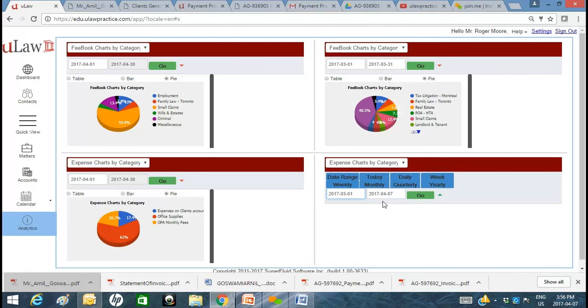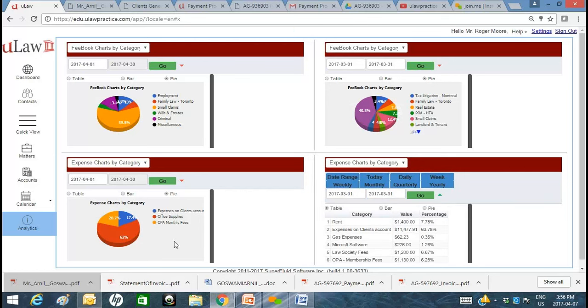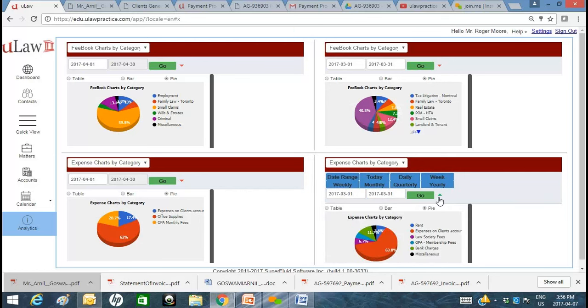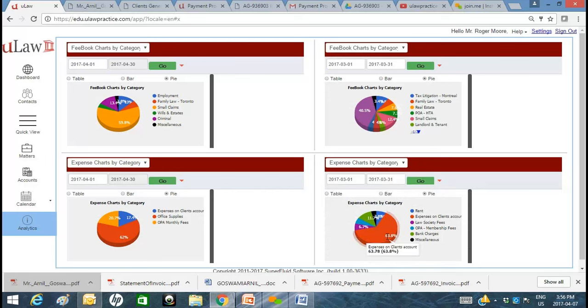So here's a quick view, just finishing up my thought process here. You quickly have a comparison between your revenue by category and your expenses by category. And you look at that and you say, all right, my expenses on client accounts were about 64%, and this month, it's about 17%. So that's the kind of comparison that you, as a business owner, are able to give yourself